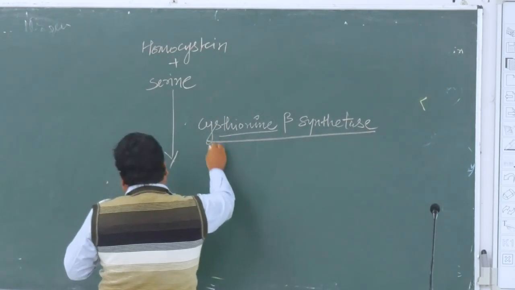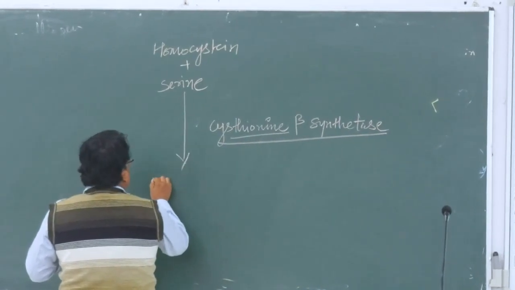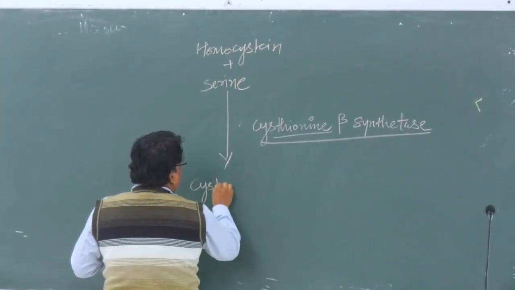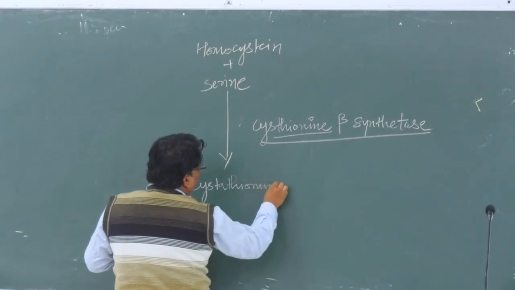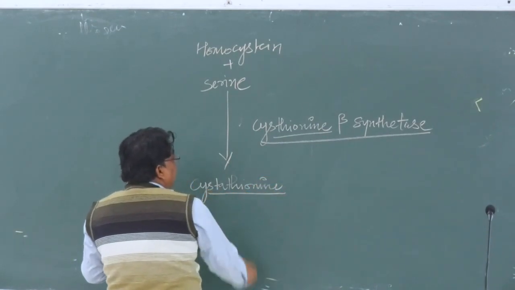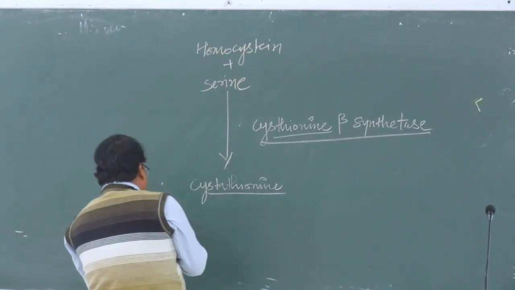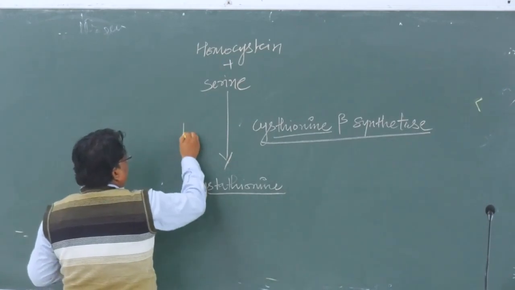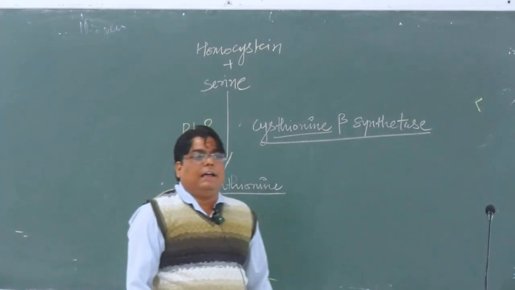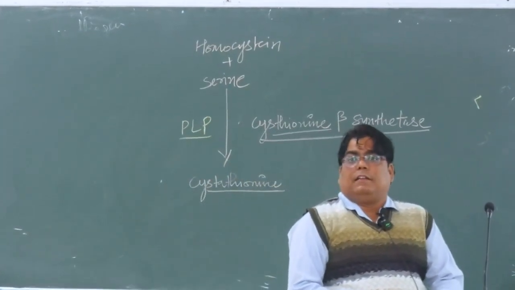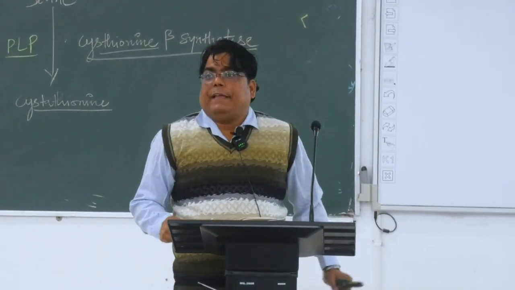Cystathionine beta synthetase forms cystathionine. This reaction is also PLP dependent. PLP stands for